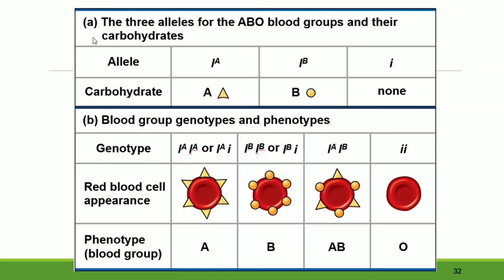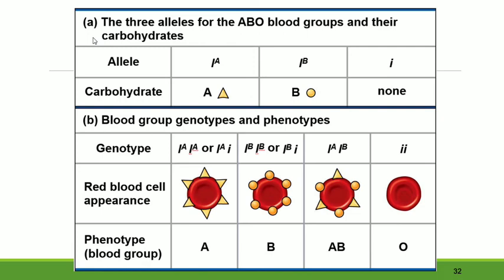So an individual with either type of the dominant alleles will cover or overpower the recessive allele. But if an individual inherits both of these dominant alleles, they will represent them both equally. So that person will have AB blood type, and they will be expressing both of the carbohydrates. This is an individual that can theoretically get a blood transfusion from any of the other blood types because their immune system recognizes both of the carbohydrate